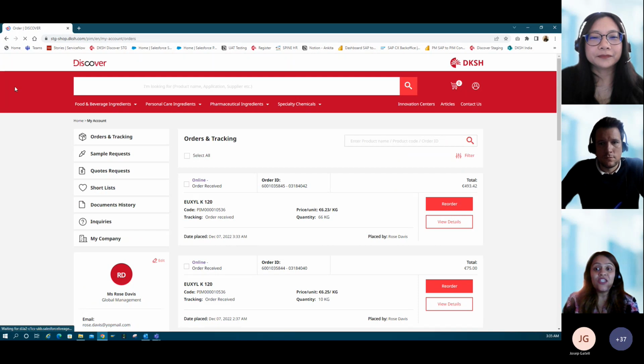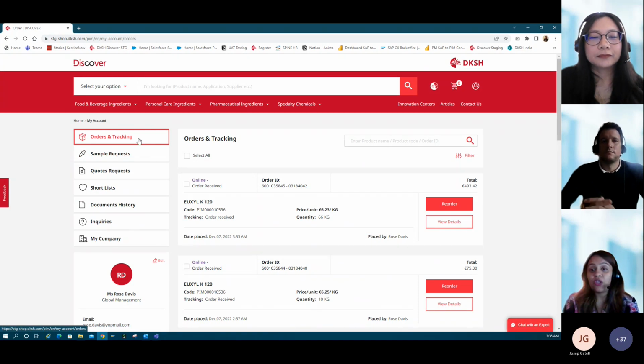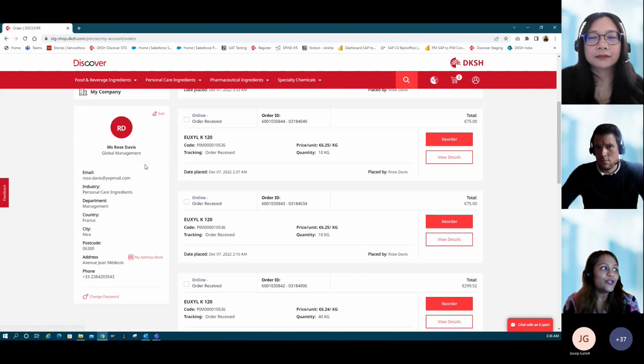So here we are. As you can see, in all of one page, you can see the various tabs associated with your user profile. If I scroll a little bit further, our users can see their own information: their email address, the industry that this account belongs to, the department of the user, and of course the country